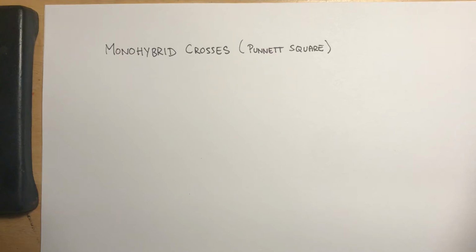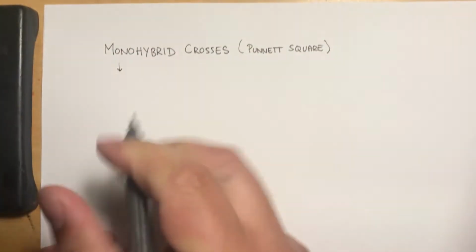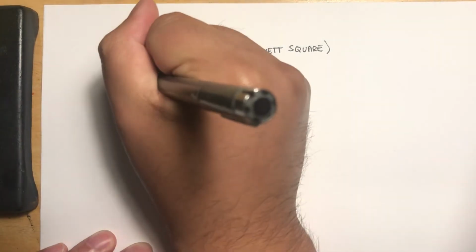Hi everyone. In this video I'm going to show you how to set up a monohybrid cross, which is typically what you would call a simple Punnett square. Now for a monohybrid cross, we use this particular type of Punnett square when we only have one trait. Okay, so the word mono means one. So we're looking for one trait